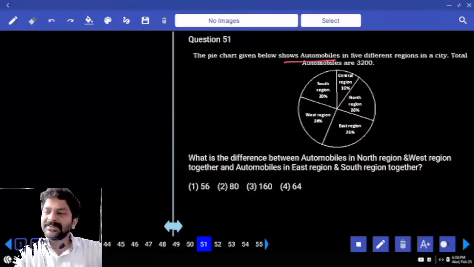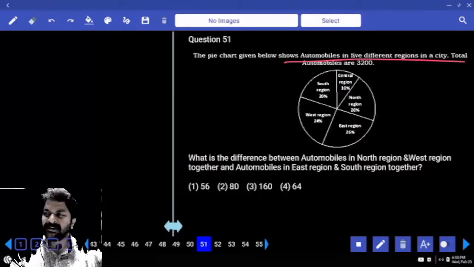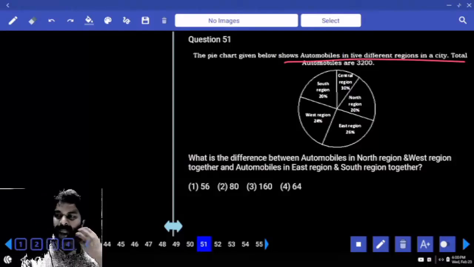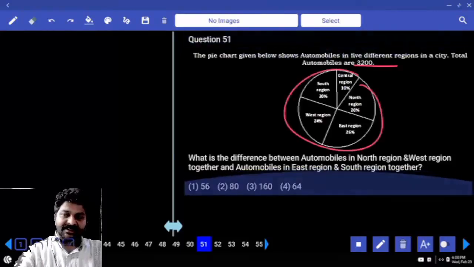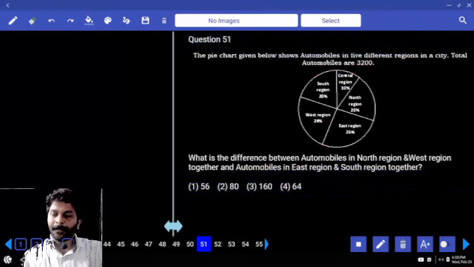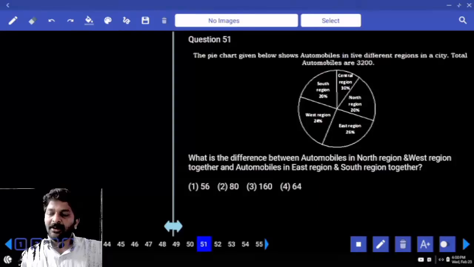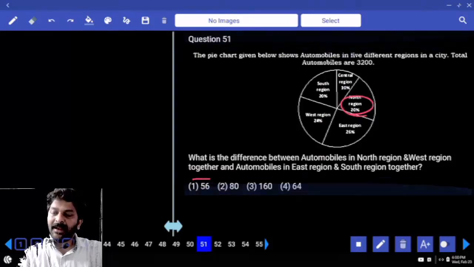The chart shows automobiles in five different regions in a city. So the total number is 3200. Segregation is given in terms of percentage. What is the difference between automobiles in north region and west region together? North and west together